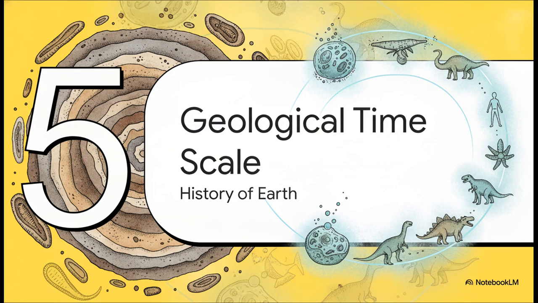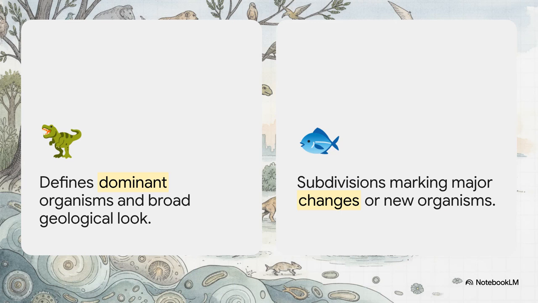We know the ingredients, we know the chefs. Now let's look at how Earth's biological menu was actually served up over the millions of years. When scientists map out the history of life, reading from the oldest rocks to the newest, they divide this immense timeline into eras and periods. It's actually pretty simple. Think of an era as the big picture, a massive, broad chunk of time defined by